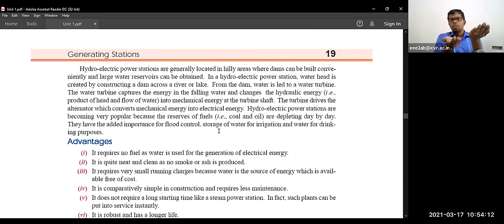Then in stage two, again we are generating power, and again in the third stage. Like that, depending on the mountains and hilly areas, they may construct dam stage one, stage two, stage three. Why? Because if it is only one dam and only one generation, then say for example you are generating